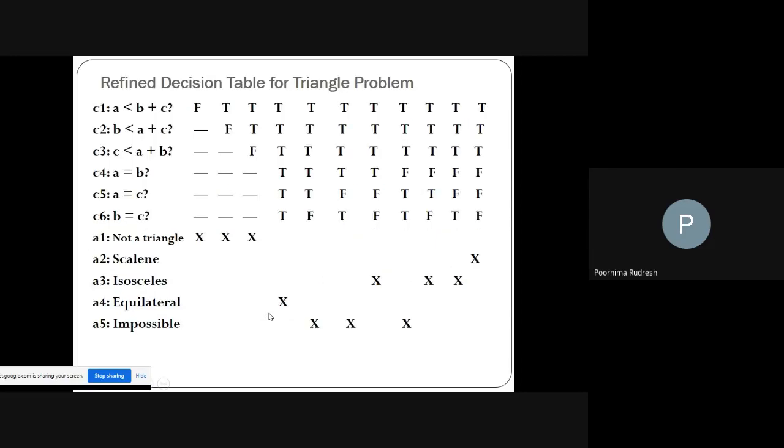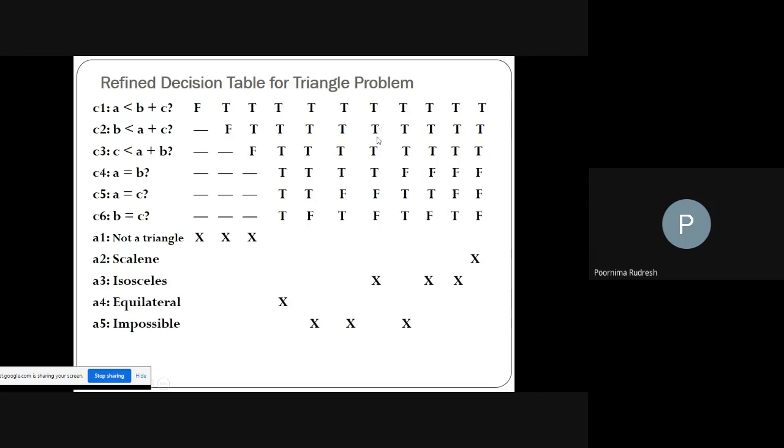So here these are the same thing, right? Among the three conditions C4, C5, C6, if two are true and the third one is false, then it is impossible, meaning that condition will never occur. Similarly for this also, if both are true and a single F, then that is not possible.